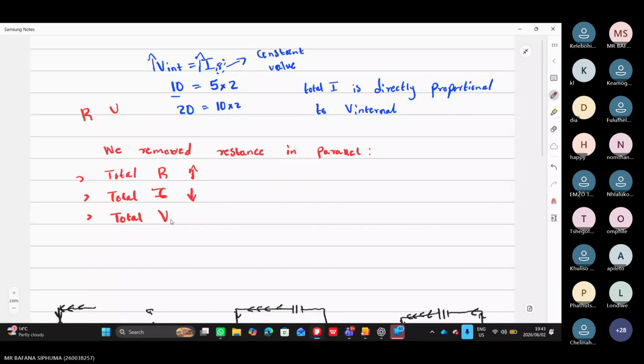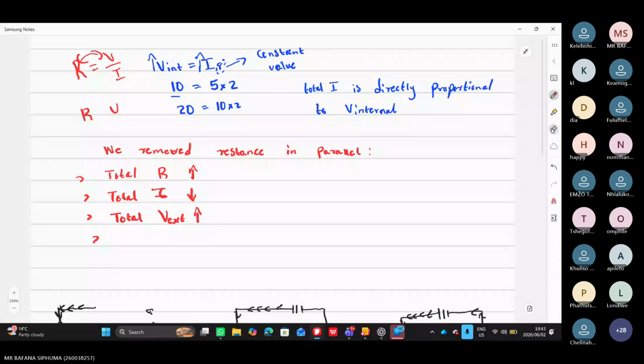Total external V external is going to what? To increase, because we said resistance and the external voltage, according to Ohm's law, R is equal to V over I. We said these two are directly proportional to each other. But now we also said that current is directly proportional to V internal. So which means,